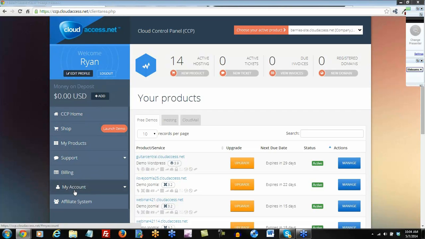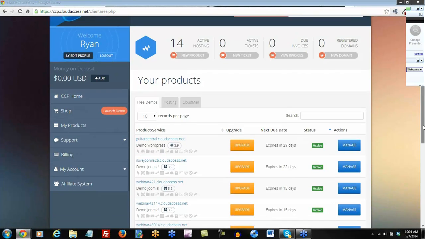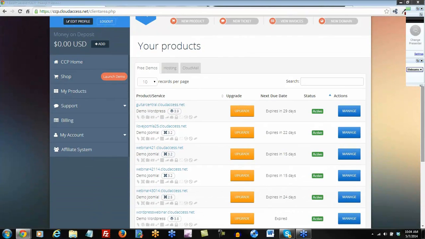You can also manage your account, update your account details, or add contacts as well. Now, in the CCP area here, you'll see your products, and these are all of my free demo trials. You get quick links here to help you manage each instance. You see the version that you're using of the specific